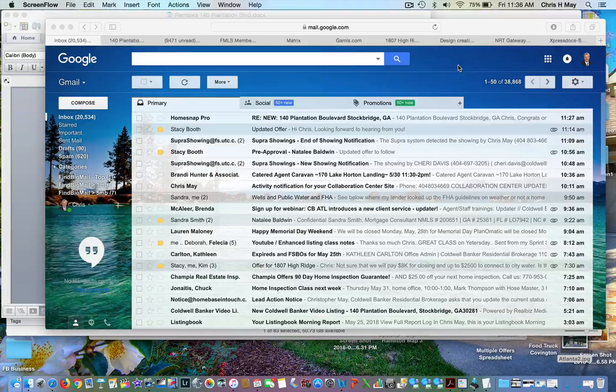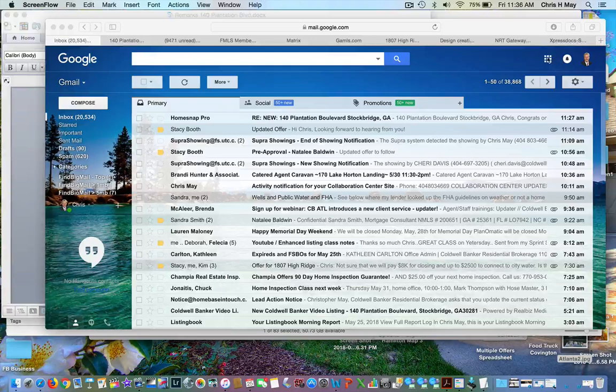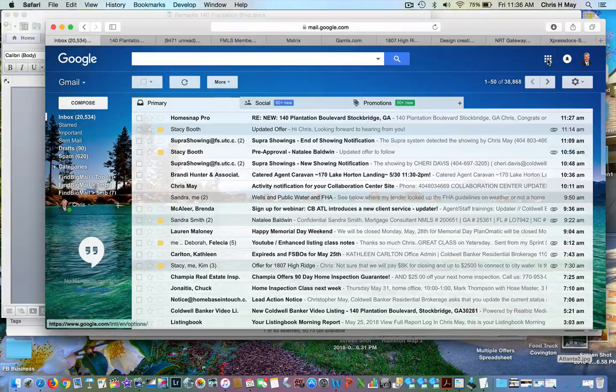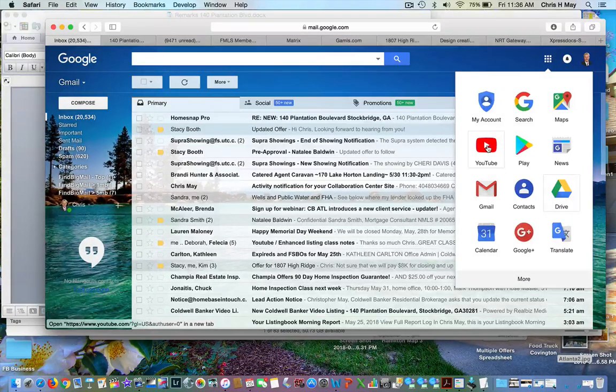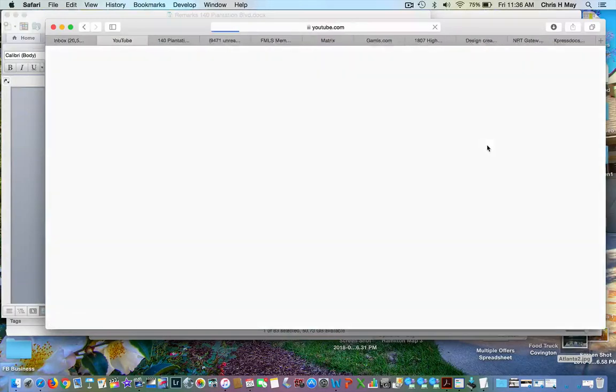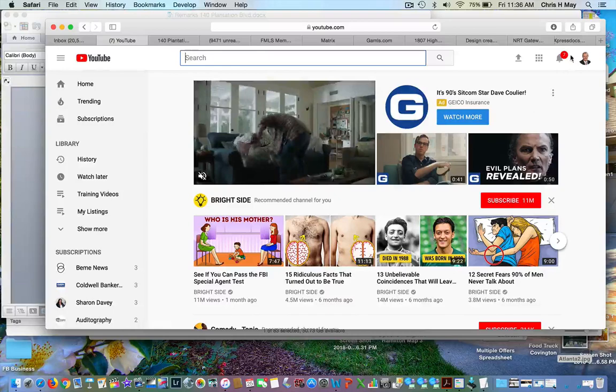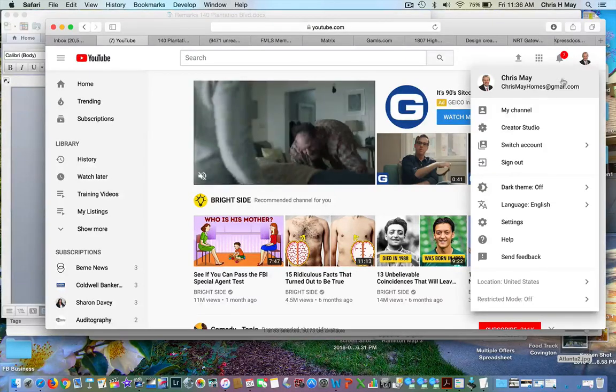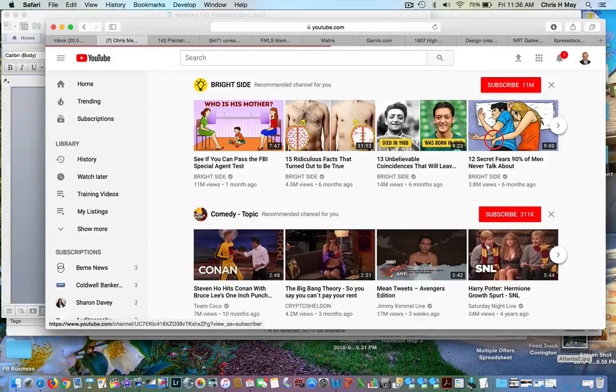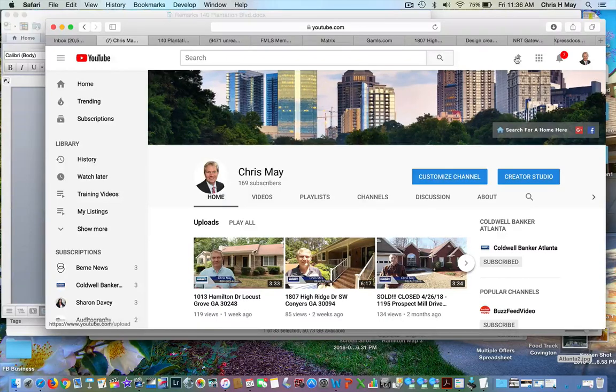So if you have a Gmail account, then you automatically have a YouTube channel. And the way you get to your YouTube channel is if you look in the top right part of my screen here, these 9 little squares, you click on those and it opens up this menu here. You click on YouTube and it takes you over to your YouTube channel. Then I'm going to go up here and hit my channel in the top right corner, and you're going to go to the upload button right here in the top right corner, this little up arrow,